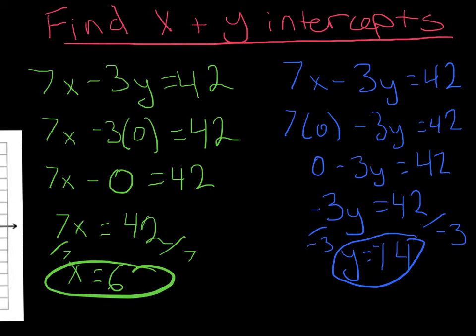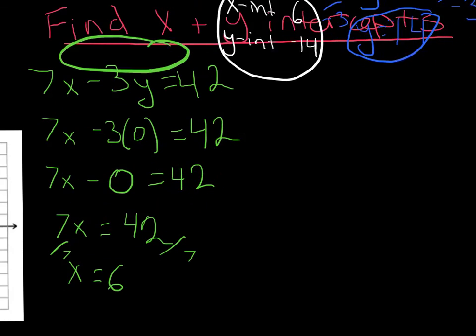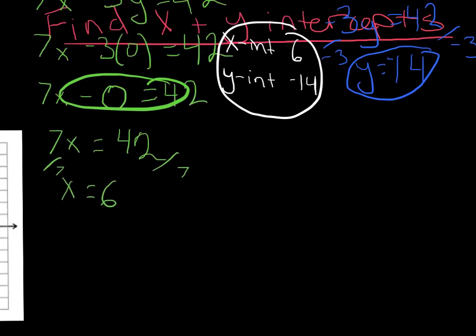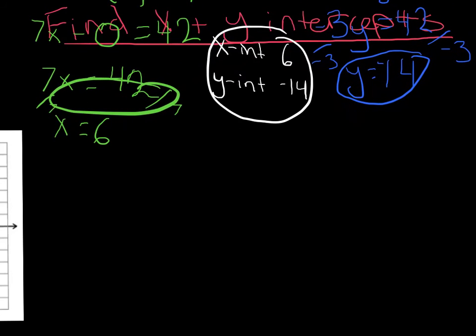So for our original equation here, also written here, we know that the x-intercept is 6, the y-intercept is negative 14. So the reason that that information is so helpful is because